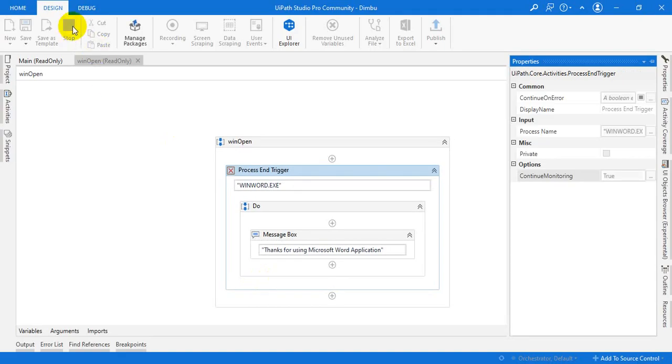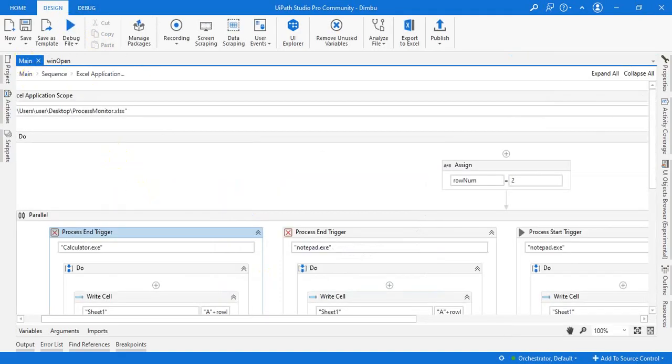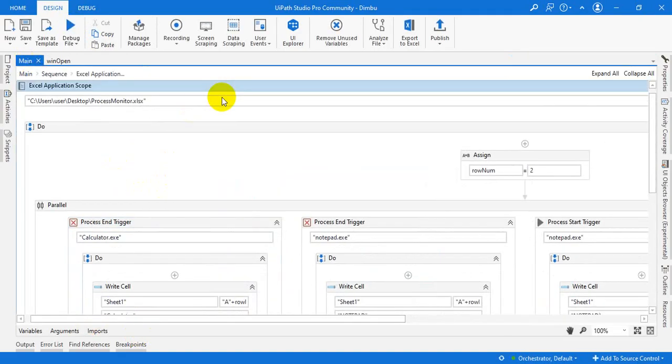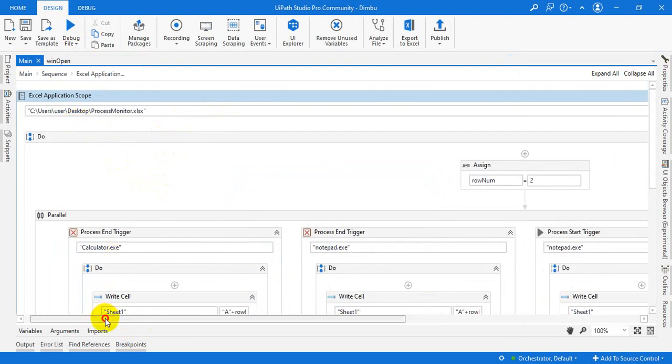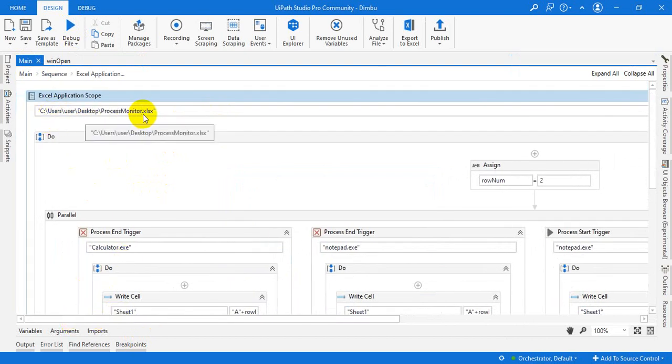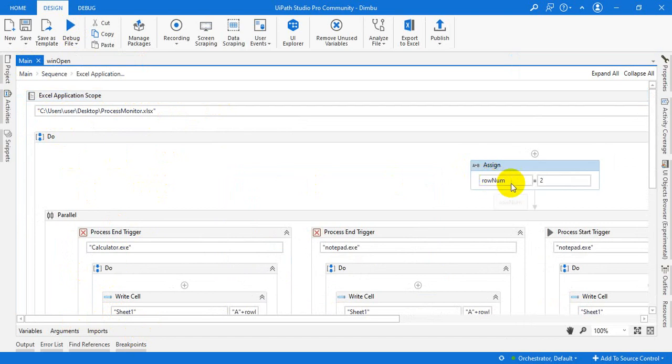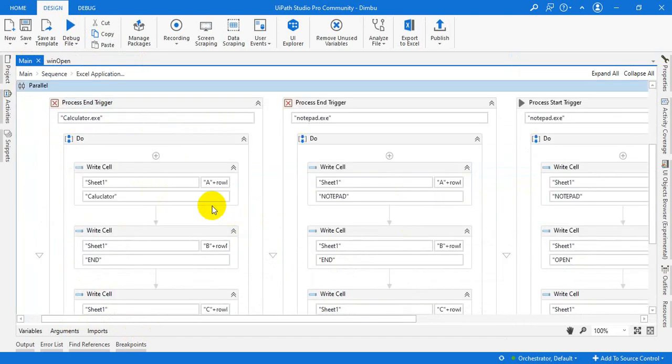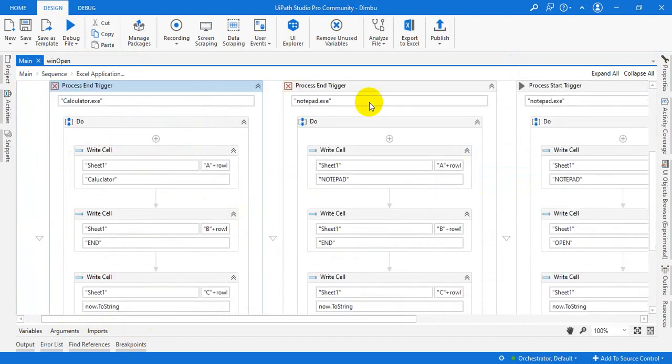Let us see what I did in the main. There is a small code, you just try it out if you feel it is interesting. I created one XLSX file, and the first row number equals 2. I took a Parallel activity, and the first branch has a process end trigger for calculator.exe.